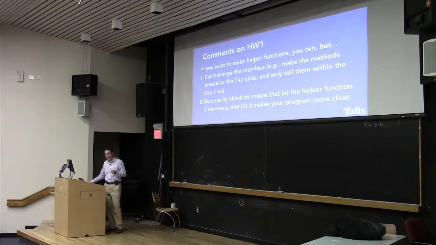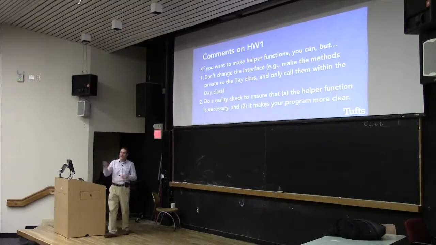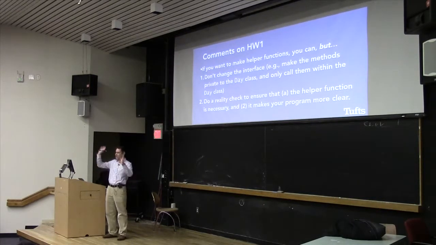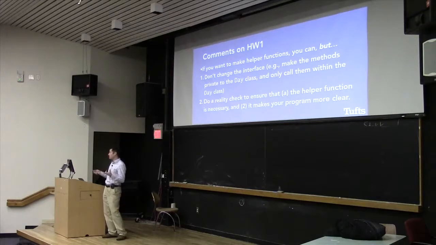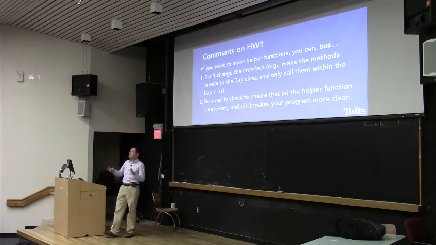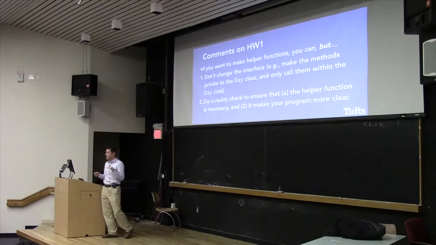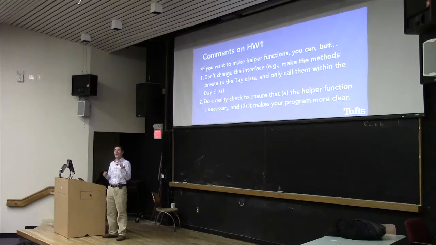OK. All right, so here's what I have to say about homework 1. There have been a number of questions about a line in the description of homework 1, the handout, that said, don't touch the .h files. I'm relaxing that to the point that if you want to have your classes have other methods that you design that are helper functions or helper methods, that's OK. Make sure they go in the private section of the .h file of the class, and make sure you don't overdo it. What I mean is every little line doesn't need its own function.